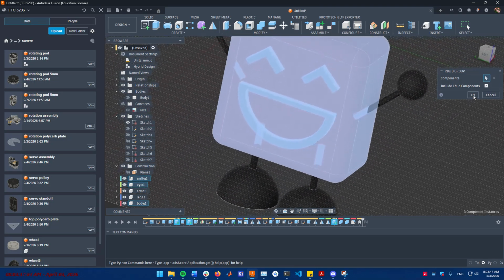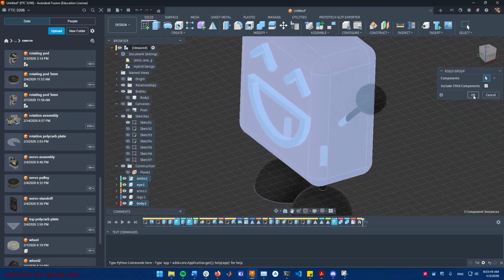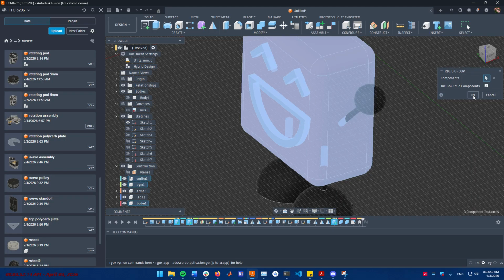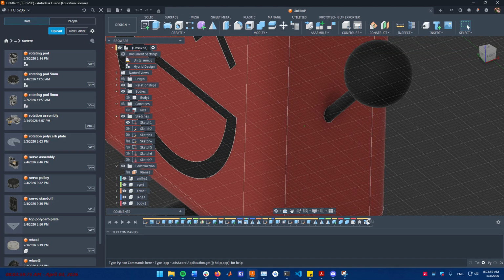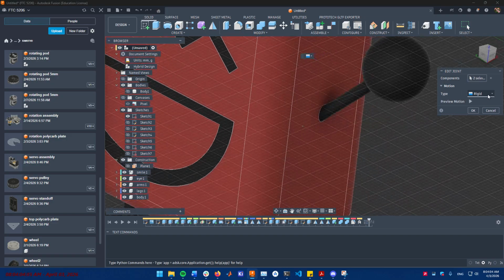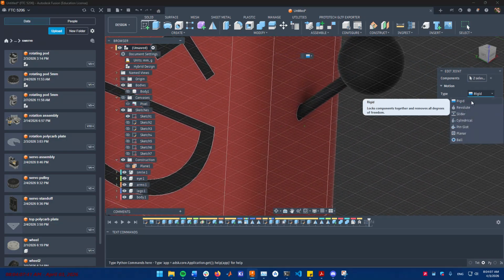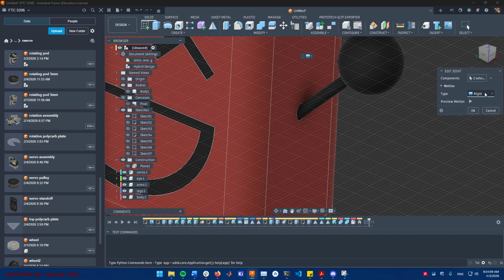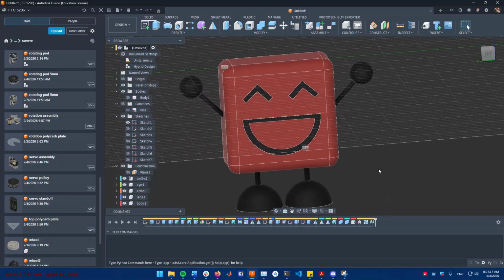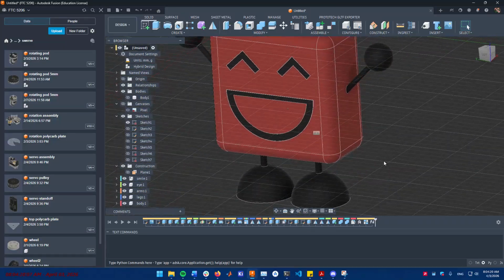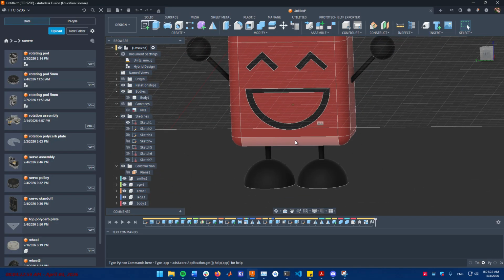As-built joints are usually preferred because you can define them to be non-rigid. For example, you could make this one spin. Like if we go back to this one, edit joint, you can make it revolute or a slider or cylindrical or pin slot, but with the rigid group you can't. So that's the difference. And now it seems that we are done with our pixel because we have created every single component,